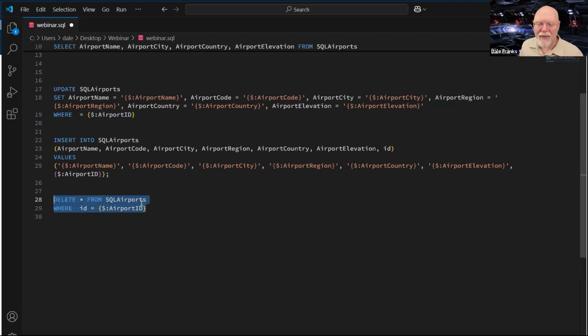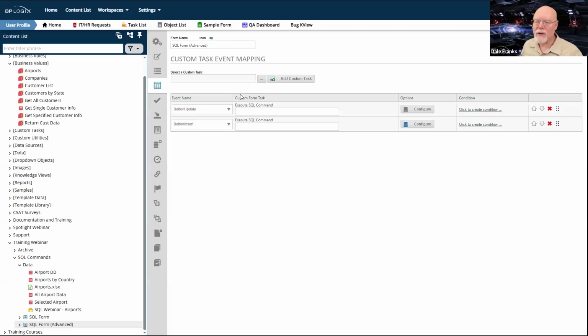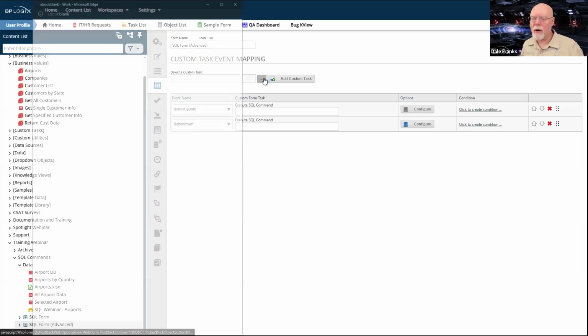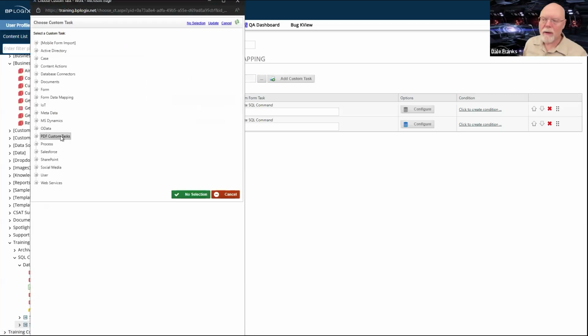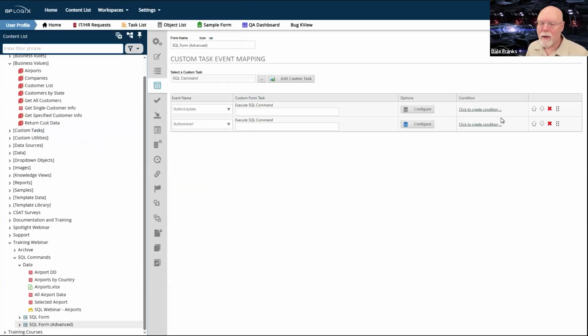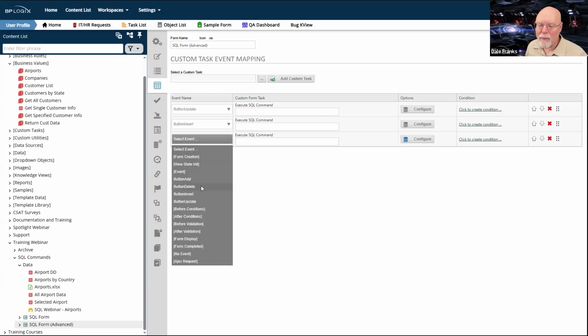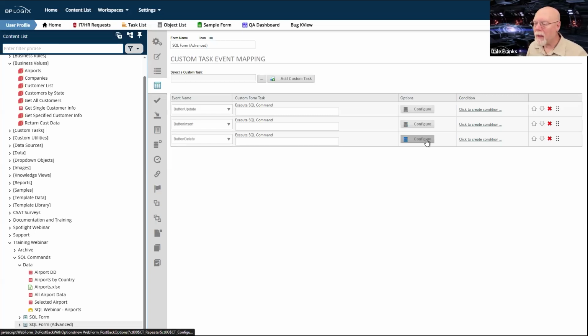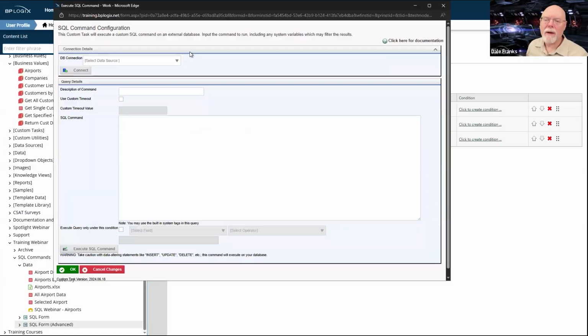But we're going to take that SQL statement, go back to Process Director, and add our third and final SQL command custom task. So we'll add the custom task there. And now I have button delete, and we'll configure it.